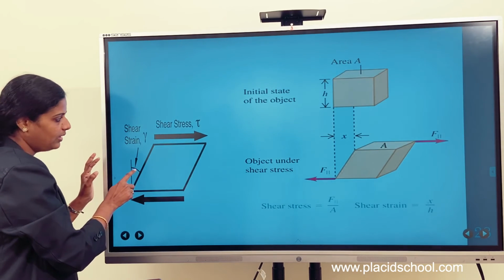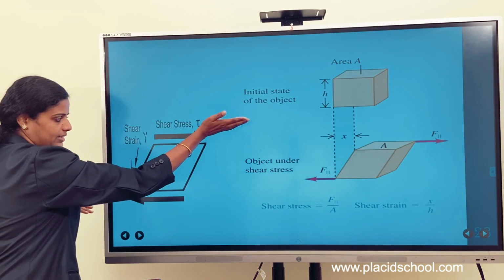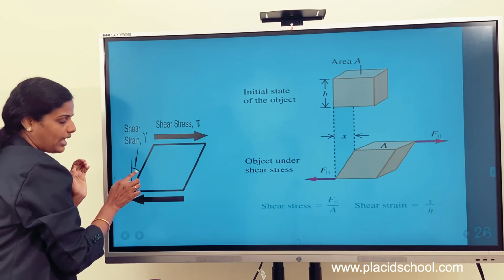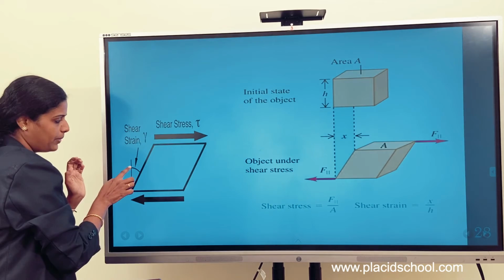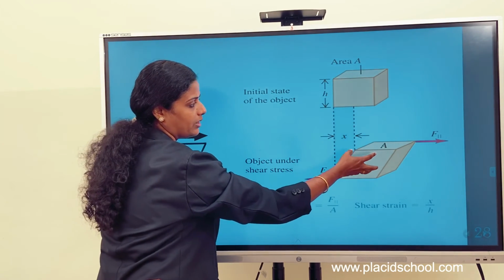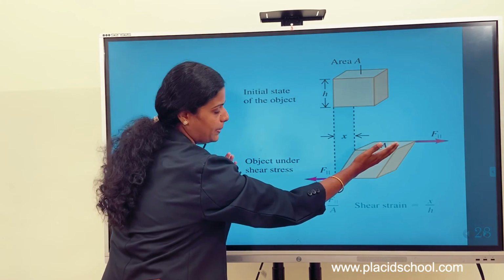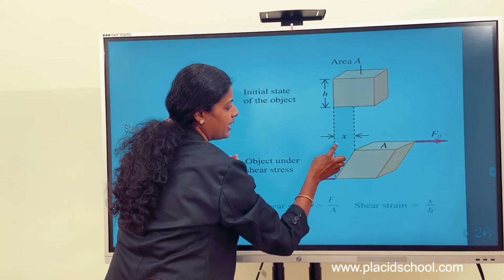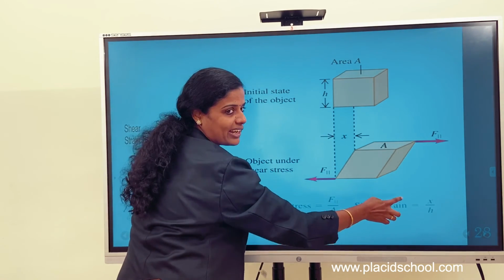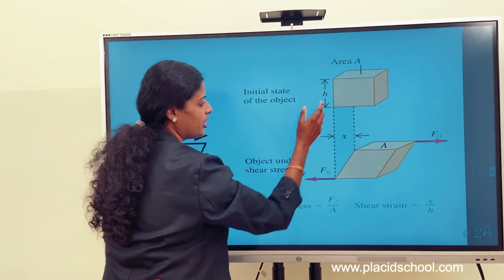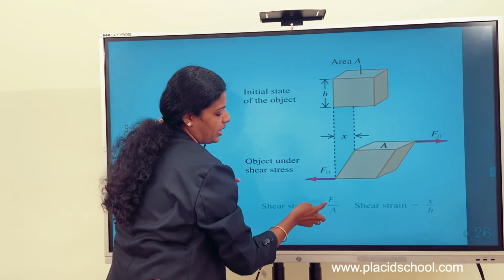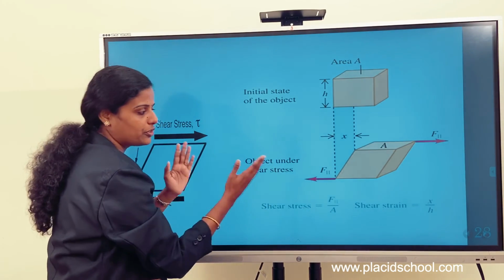This is the tilt in the angle, and the stress is applied in this direction, so this is the rest position, the change happened, this is the tilt that happened, so this is the strain. Here is the same body, and after the deforming force the displacement takes place. Shearing strain can be defined as the displacement x over the original length h. So shear strain is x by h, and shearing stress is F by A. Here the applied force is F, and A is the area of cross section of that side.